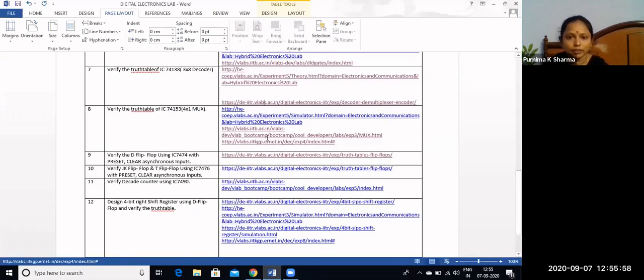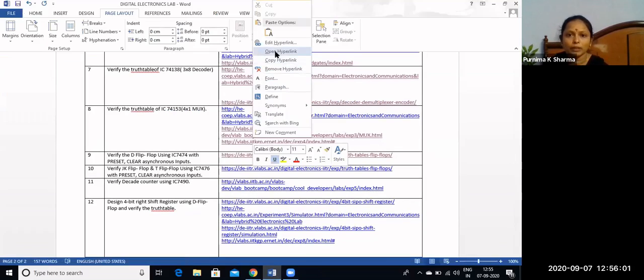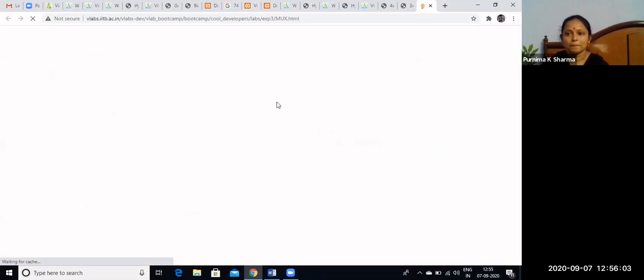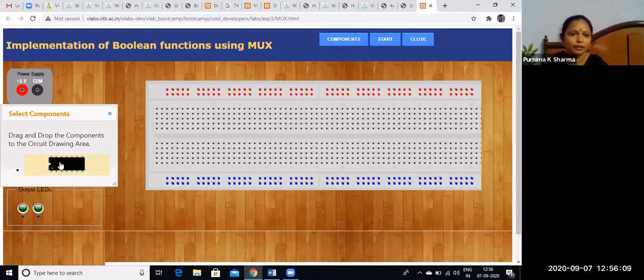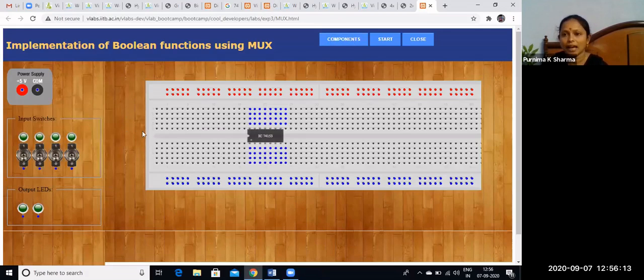Next one is using IIT Bombay. That one I will show you. Okay, IIT Bombay, again, the components required are multiplexer 74153. Direct IC is there. Using this 74153 IC, we can perform the operation. Input switches and output LEDs are given.